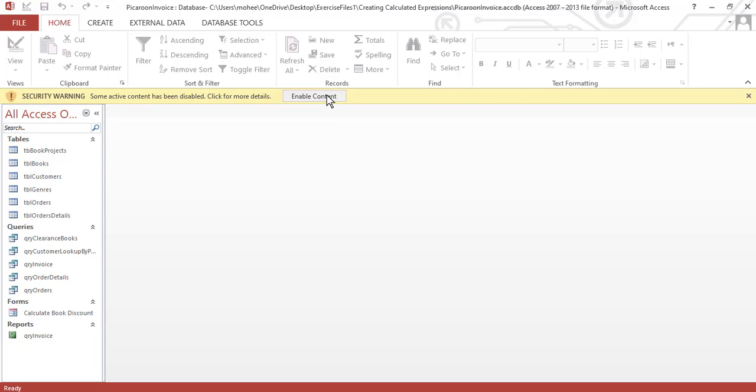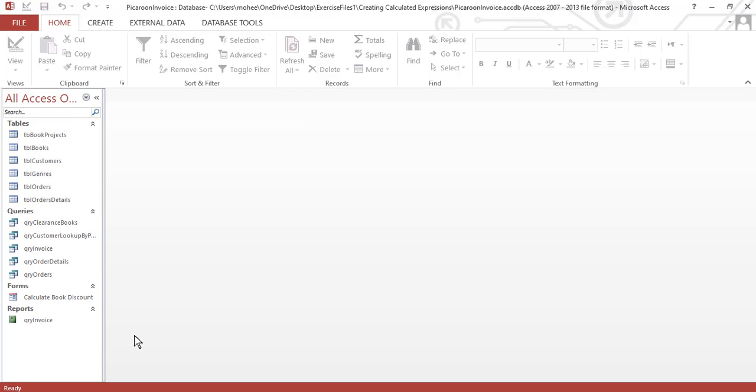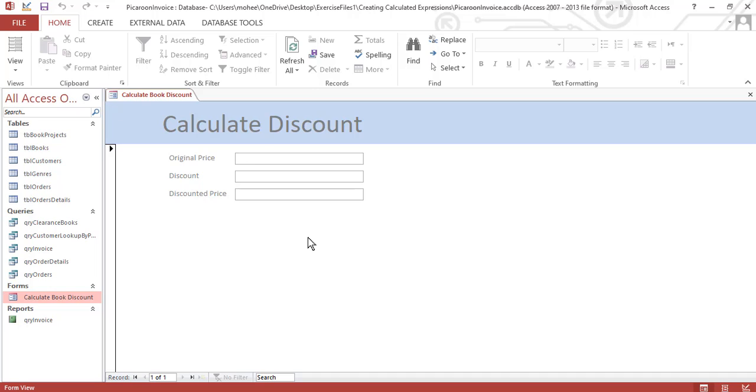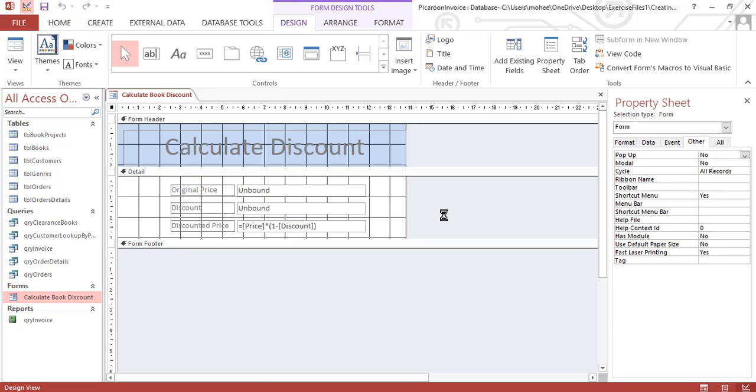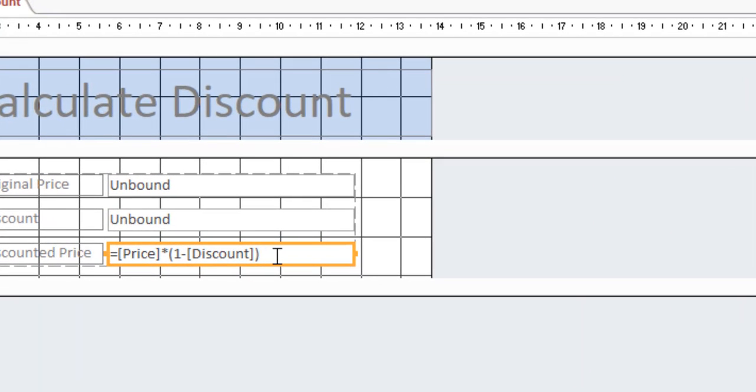So pay attention guys, first we are going to open a calculate discount form, and this will be because the book people are text people, they are very weak in numbers, so every time they calculate a discount price, it is a problem for them.